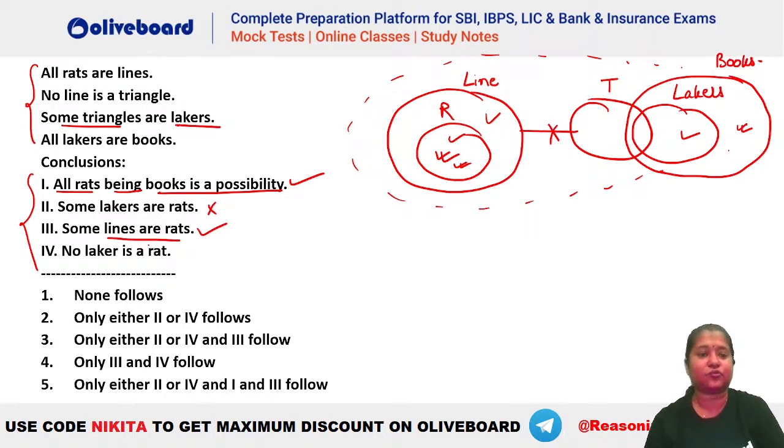तो first भी definitely true है, third भी definitely true है, and no laker is a rat is again a possibility, not a definite one. But again you can see that between the second and fourth we will have an either-or, because it is some plus no between your laker and rat. Okay, अब ये कौन सा option होना चाहिए? Should it be this one, that is either 2 or 4 and 3 follows? Whether this will be the answer? No, क्योंकि हमारा first भी definitely true है. तो यहाँ पर देखो, we have option number 5 which says only either 2 or 4 and 1 and 3 follows. मतलब 1 and 3 are definitely true and there will be an either-or between the second and fourth. ठीक है, so you can see this will be option number 5.